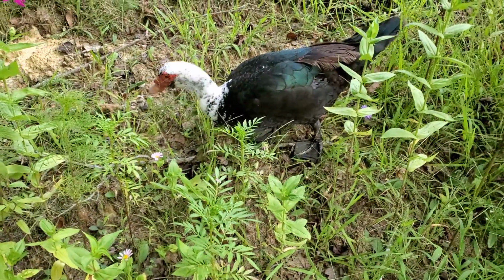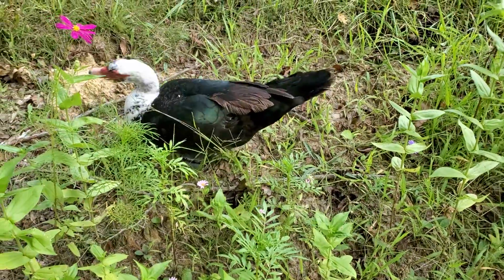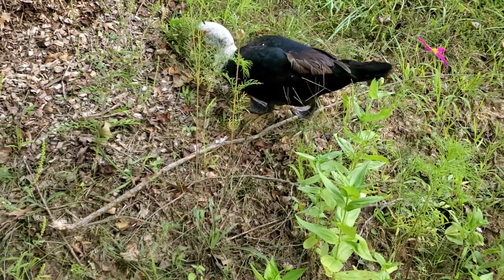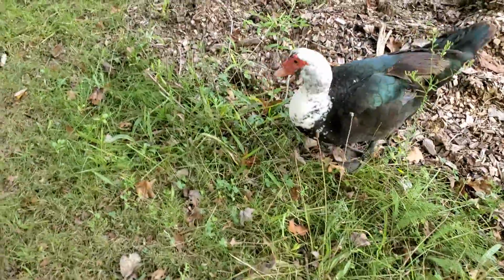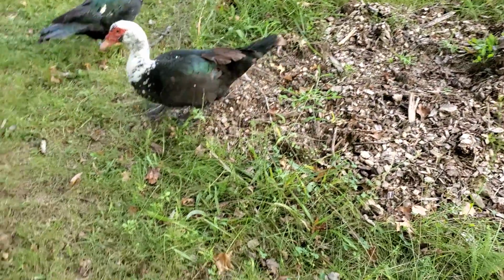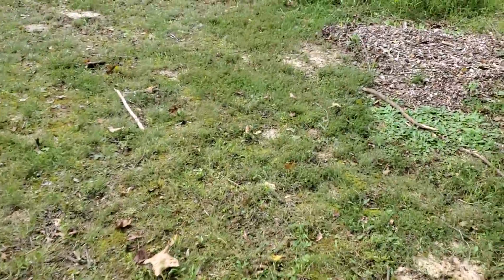See this guy? I don't know if he's eating leaves or if he's catching mosquitoes, because they do a little bit of both. They're more like a turkey than a duck. And I can't remember the name of those either. It's a bad day. How you doing, buddy? Coming along with us? So anyways,